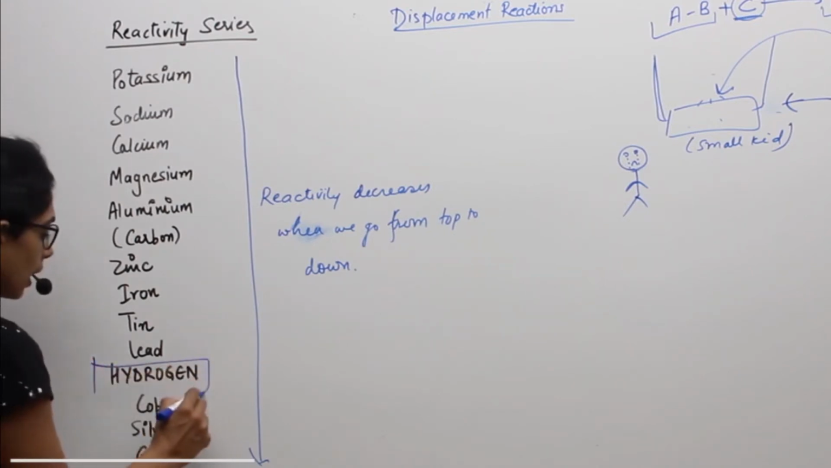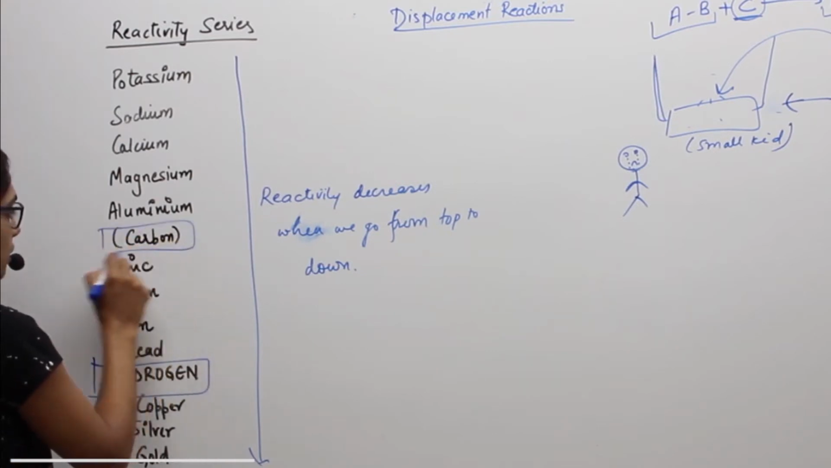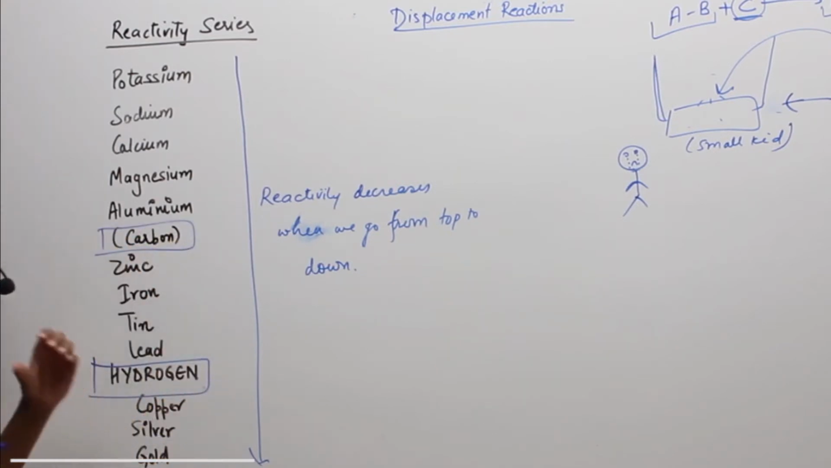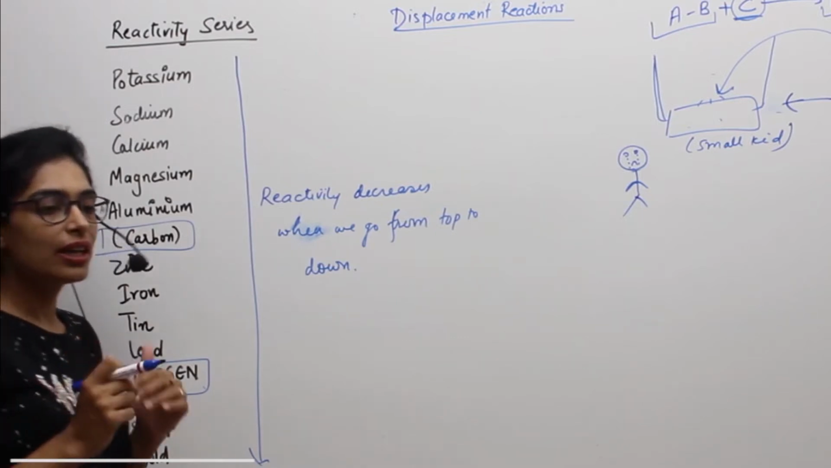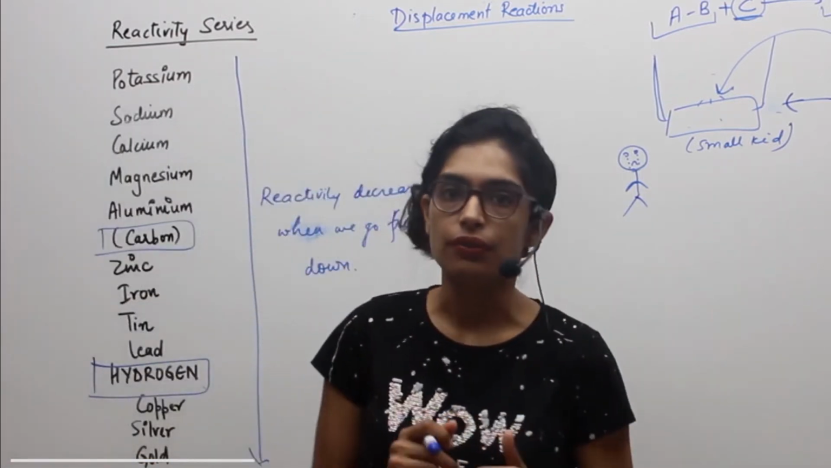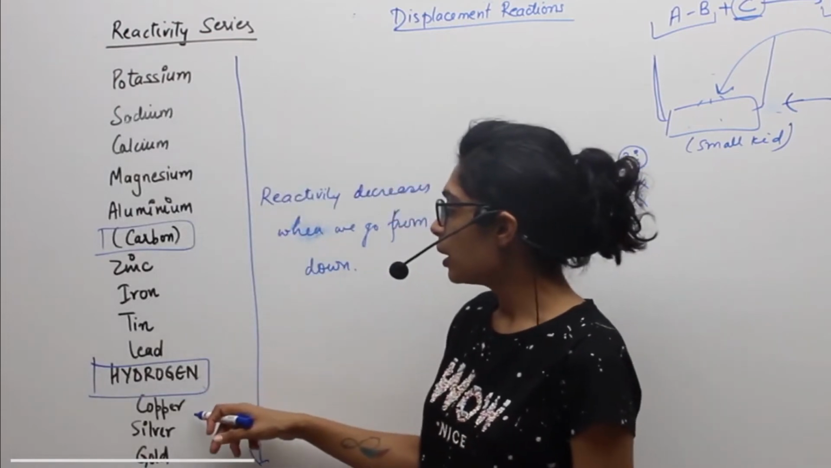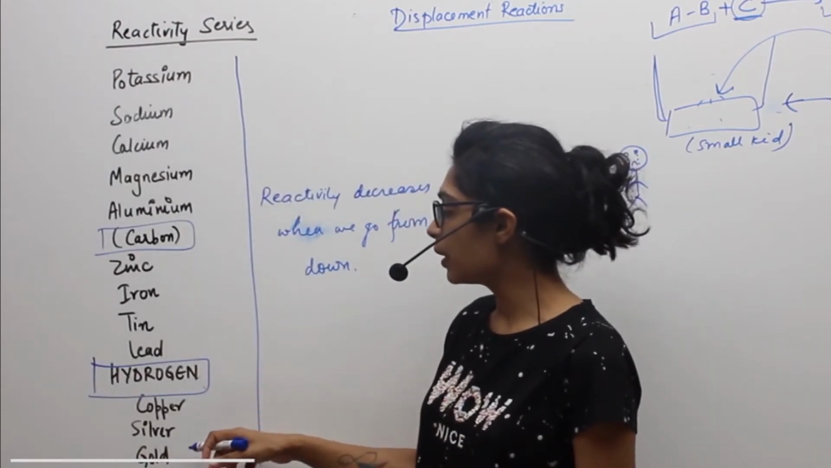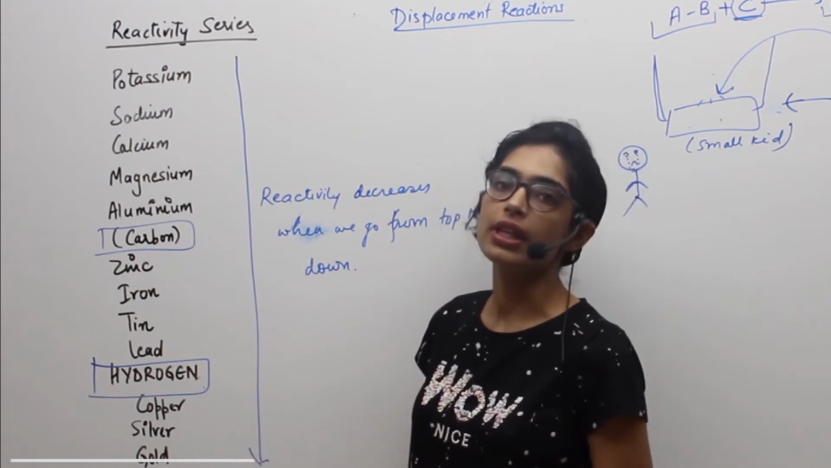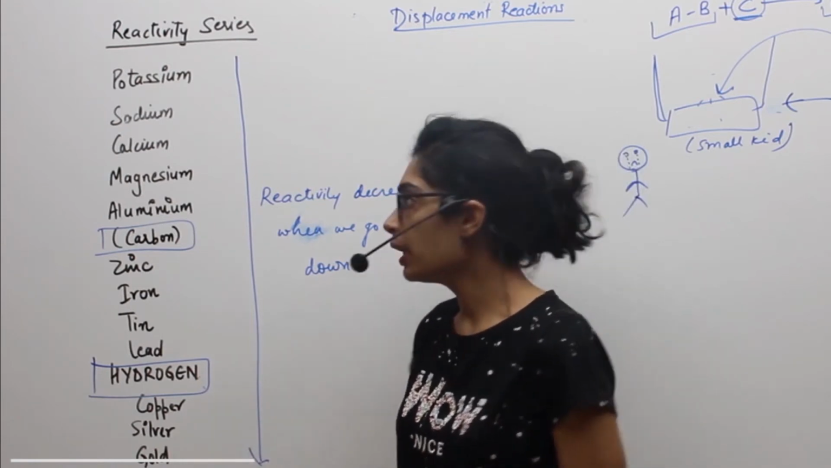Hydrogen and carbon are two non-metals in this group. Hydrogen is a benchmark. Beyond this, whatever metal comes is very less reactive. So beyond hydrogen, there come copper, silver, and gold, and these are very less reactive metals. Okay. Now,